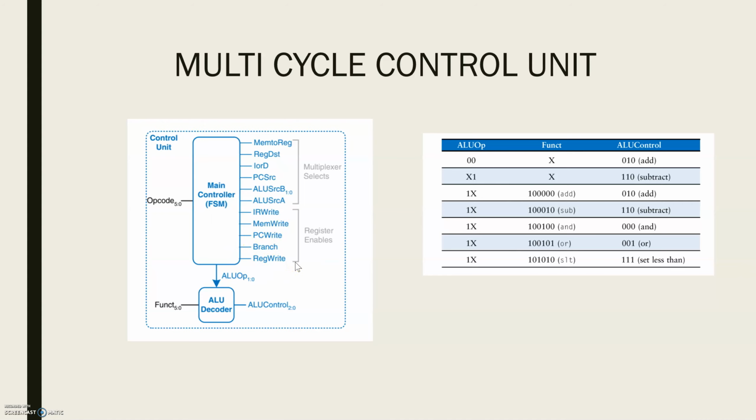For readability, only the relevant control signals are listed here. Select signals are listed only when their value matters. Otherwise, they are don't cares, denoted by an X. Enable signals are listed only when they are asserted, else their value will be 0. Now, let us develop the finite state machine state transition diagram for the main controller.